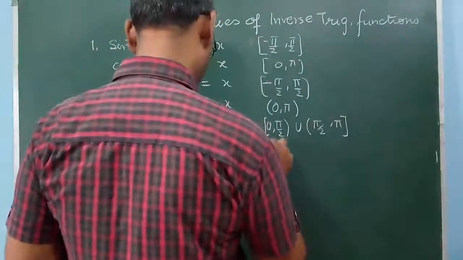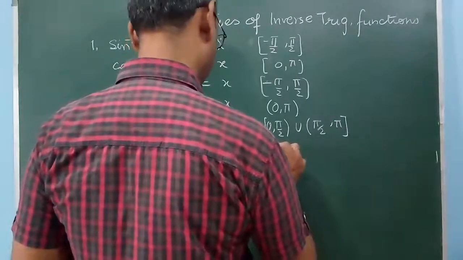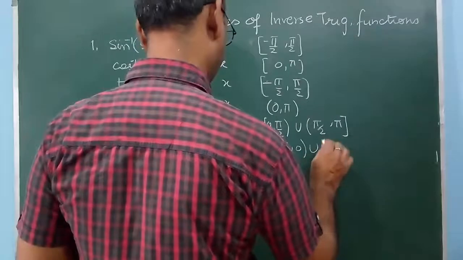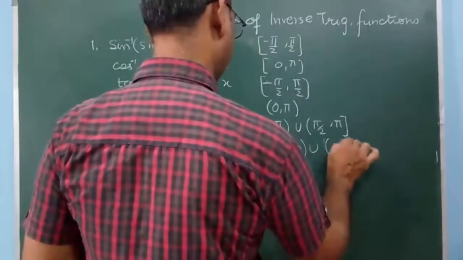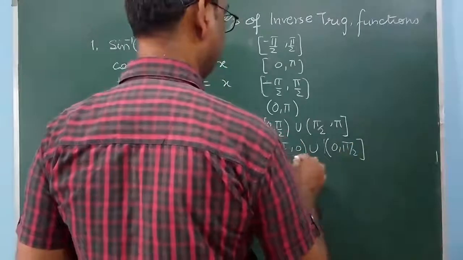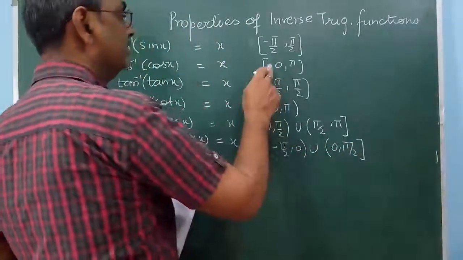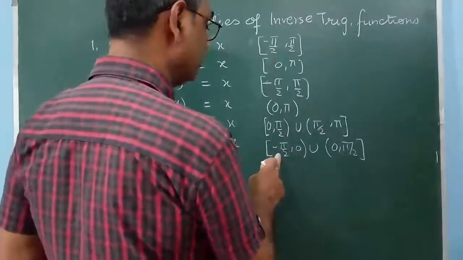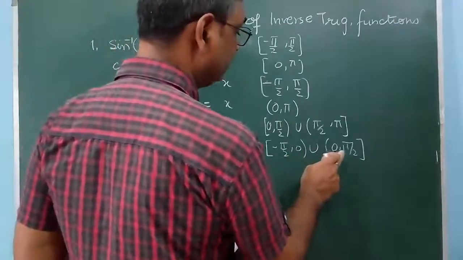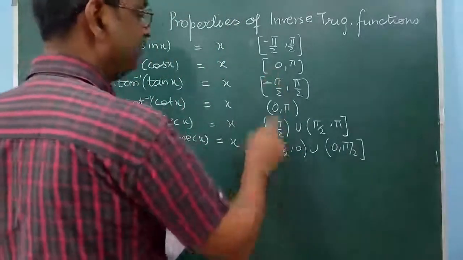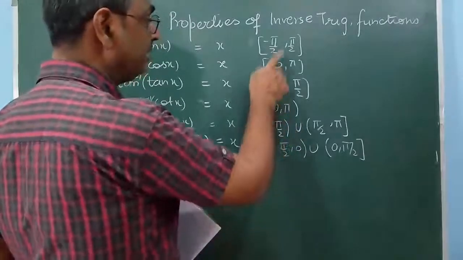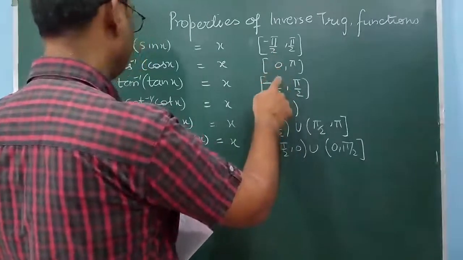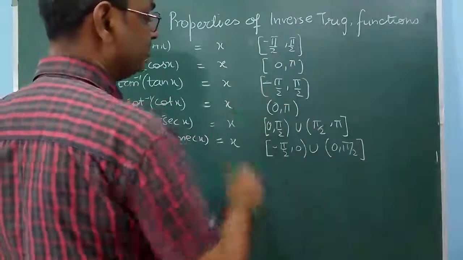And here, because it is from minus pi by 2, 0 cannot be there, so we have to exclude 0. So minus pi by 2 to 0 and 0 to pi by 2. From here only we have to take the values. Which value are we excluding from this? Here we are excluding pi by 2, in this one cos pi by 2 we are excluding, and here we are excluding 0.